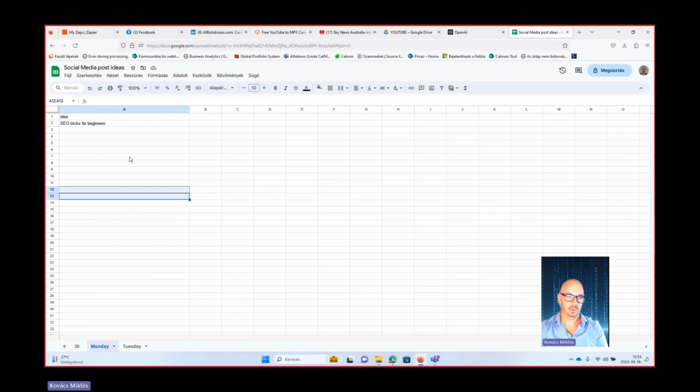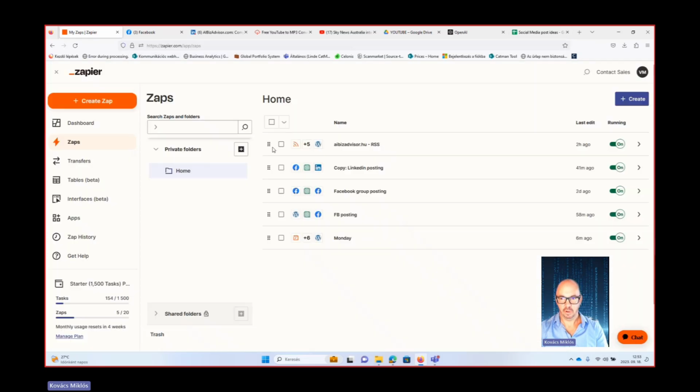Of course, there could be a much easier setup as well, saying that this is Monday, Tuesday, Wednesday, and then add the idea. So it's really up to you again. It's just about the logic and the possibilities. Again, the limit is just the sky and your imagination with Zapier and ChatGPT, as you have seen, as you probably understood.